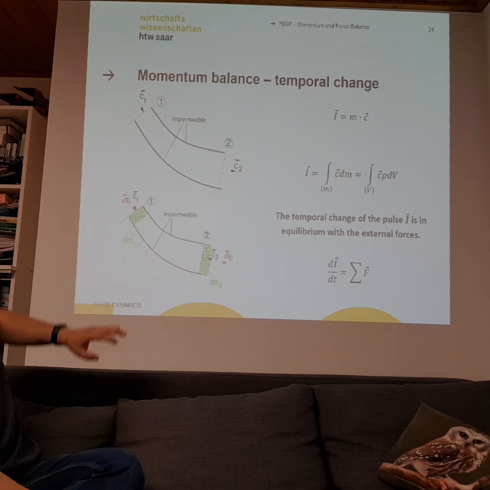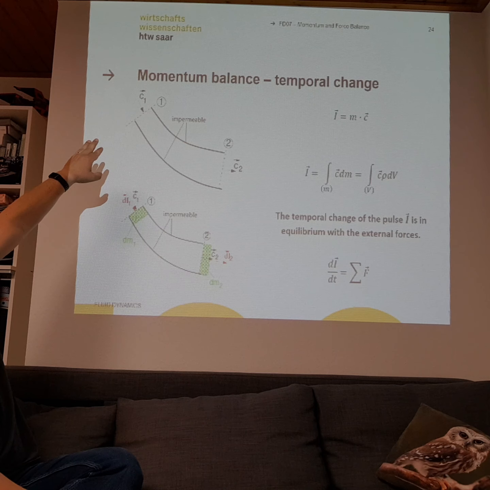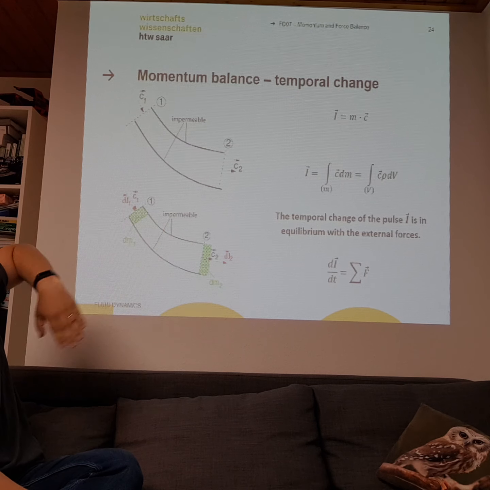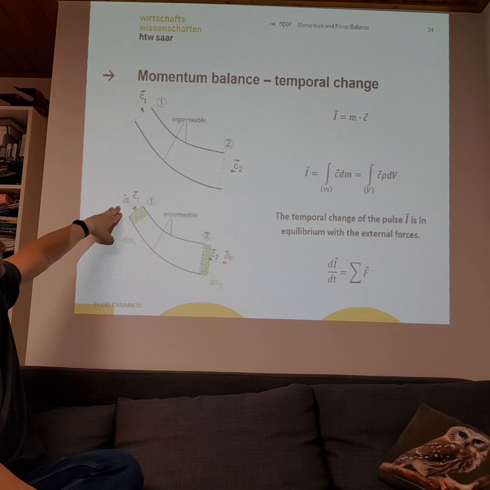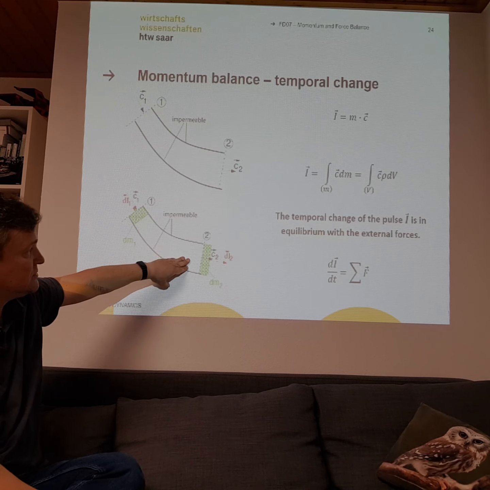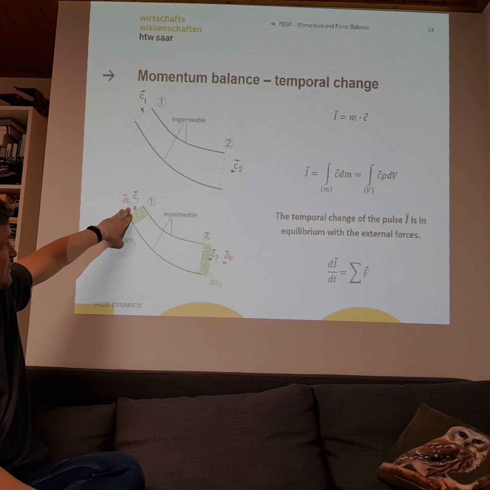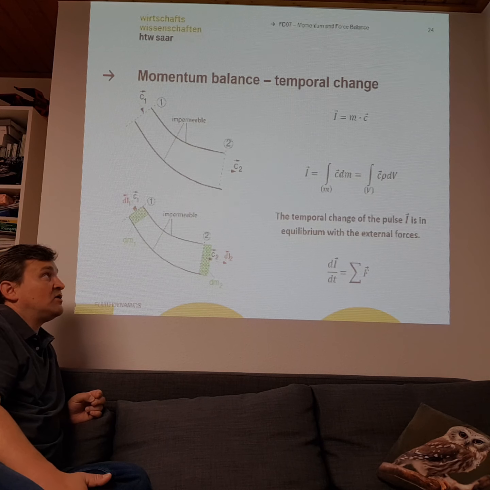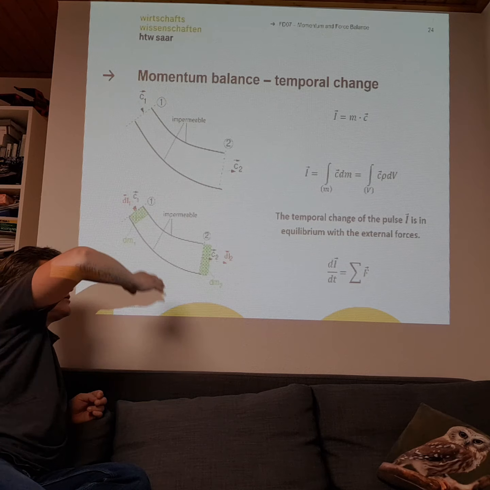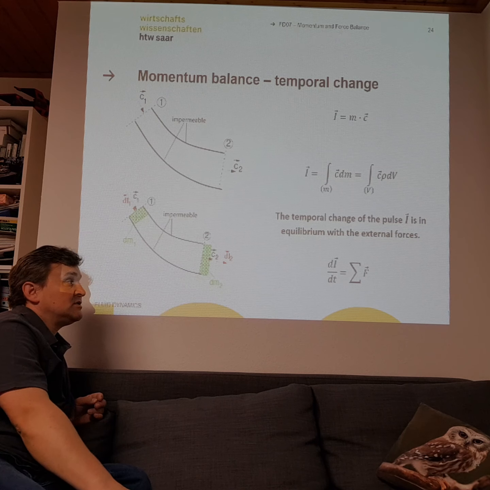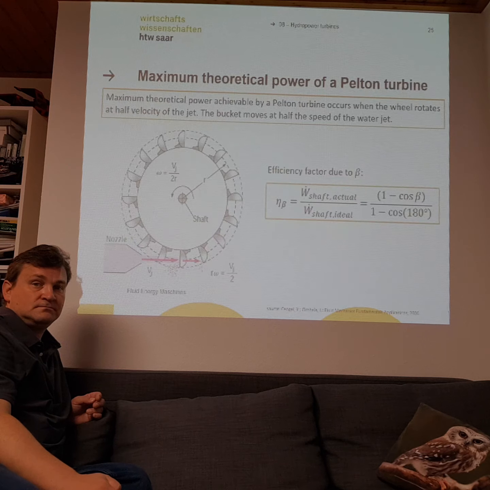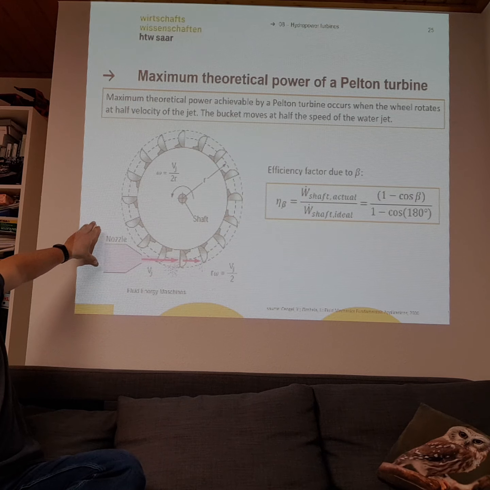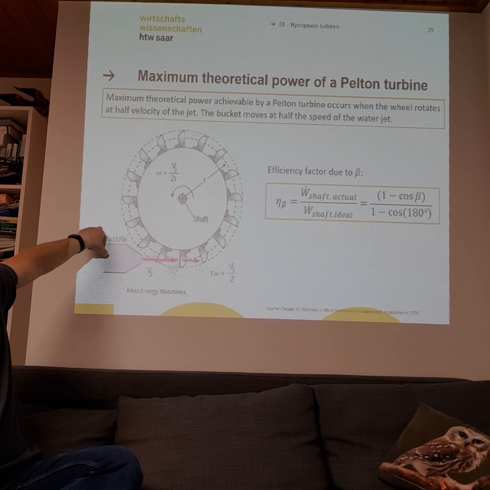Okay, here you see it again. You have our type. The fluid enters the channel, the fluid exits this channel, and here again it's also the same picture. The fluid enters the channel, it exits the channel, and we can calculate our momentum based on the mass of the water times the velocity. Okay, and here it's the same picture. We have our